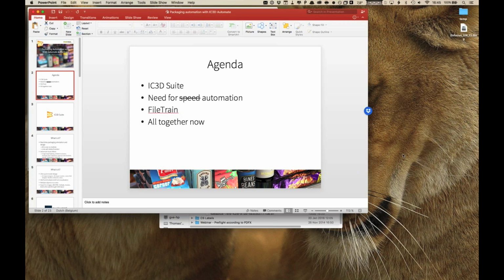Then we talked about the fact that if you start playing with iC3D Suite, you very quickly end up in a situation where you also have a bunch of automated tasks that need to be done, and of course you can do that in iC3D Suite manually, but manual labor is expensive as well. So you have a possibility to automate those. One potential application that can automate those is FileTrain,